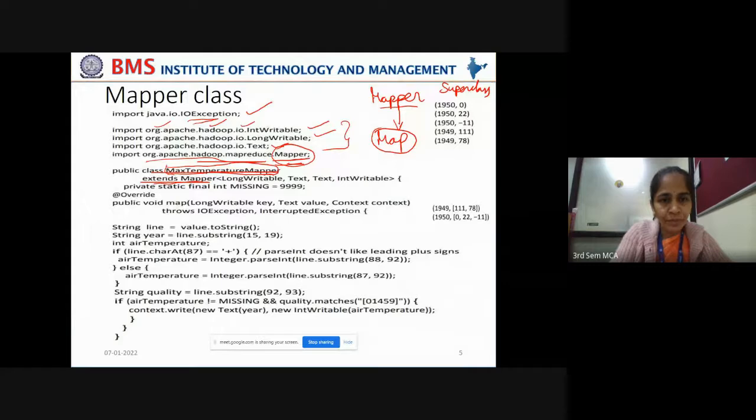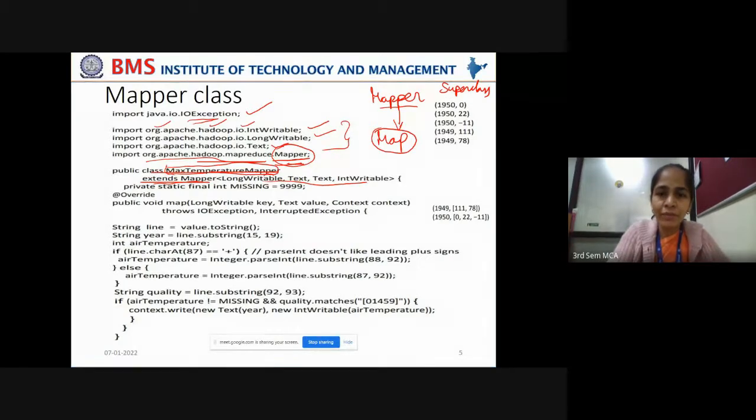Now we used public class MaxTemperatureMapper, which is extending this Mapper class, and observe this template carefully. This template is using four types of parameters. This is a generalized template for any mapper class. In this case, the mapper class is receiving key value pairs as input and emitting key value pairs as output.